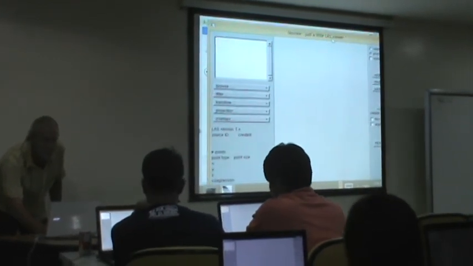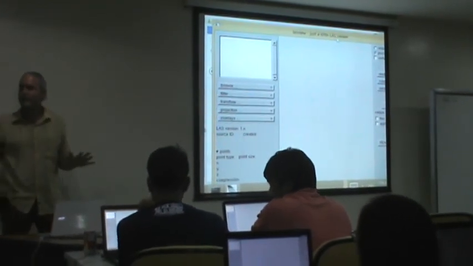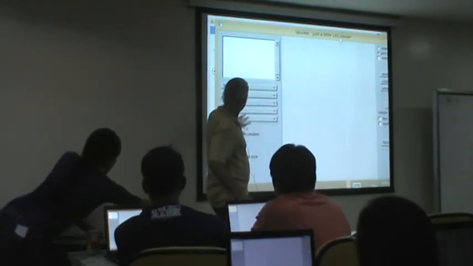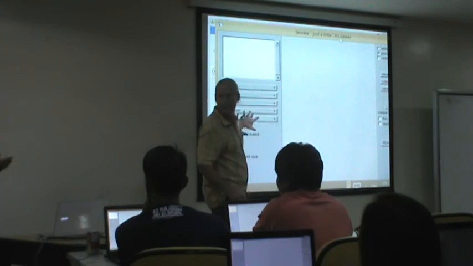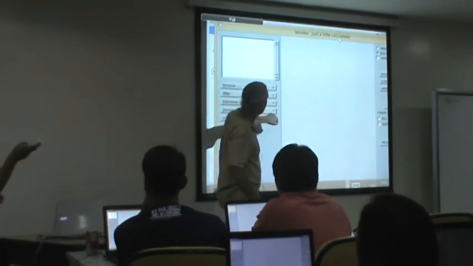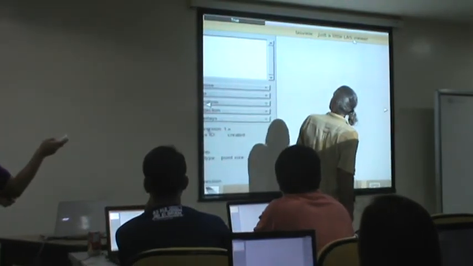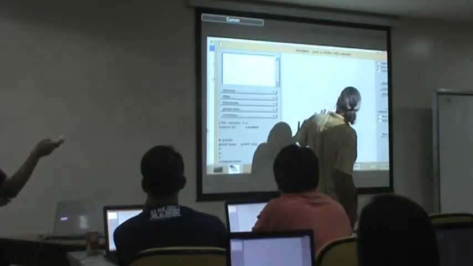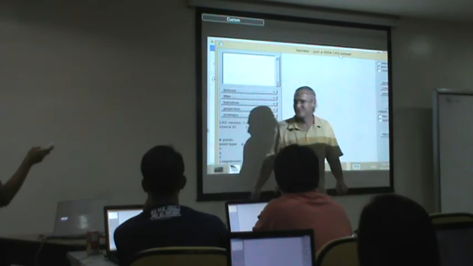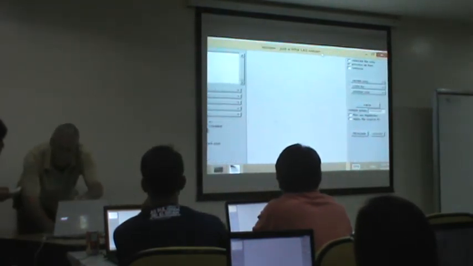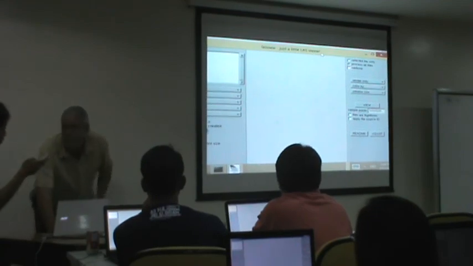And these are the GUIs. The GUIs of LAStools all look the same. On the left side, it's always the same controls. I cannot change, oh, I can move it, but